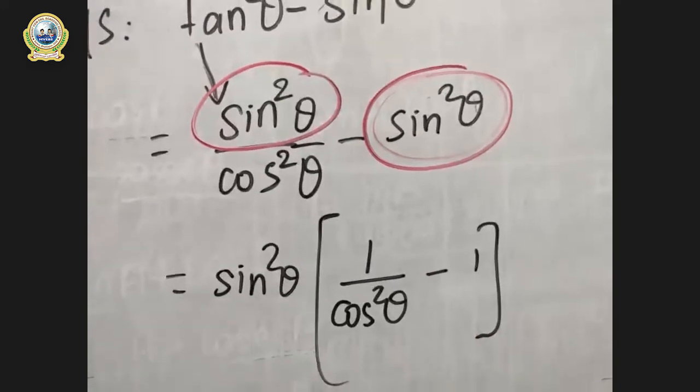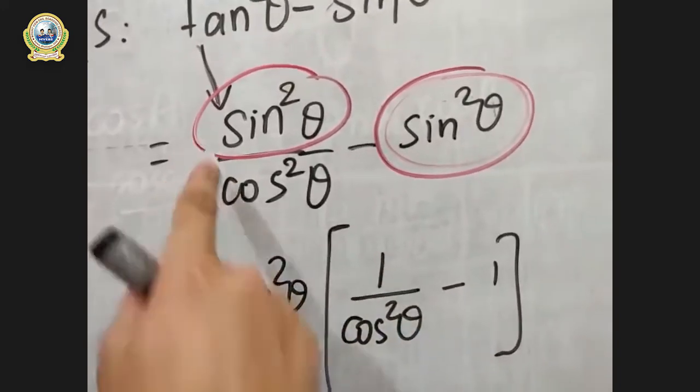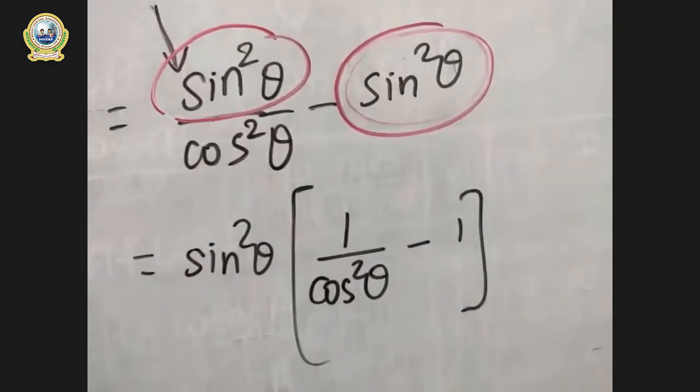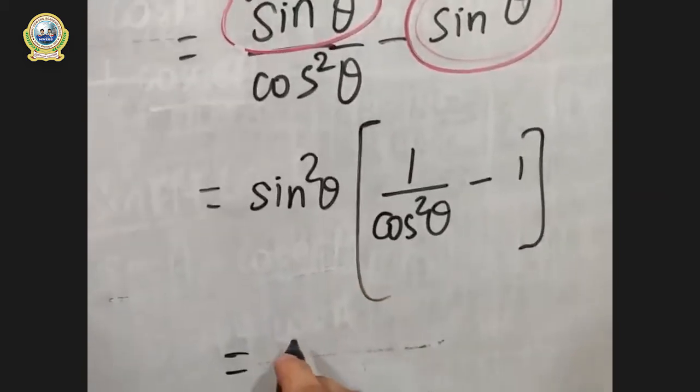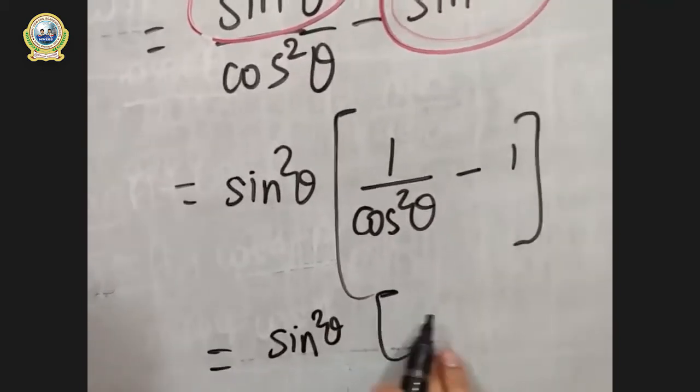Is it clear? You can also do cross checking over here. Sine square theta 1 just sine square theta, it is clear. And sine square theta 1 just sine square theta. Even this is absolutely fine, right? So now the sine square theta of the outer part is copied as it is, and in the inside part, 1